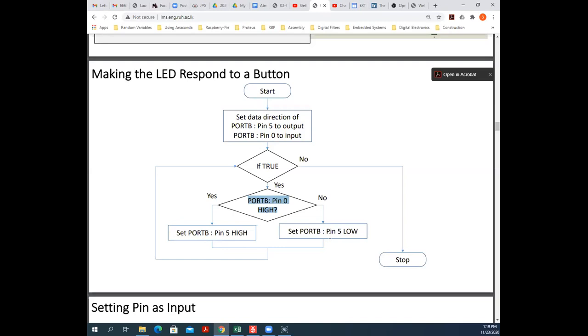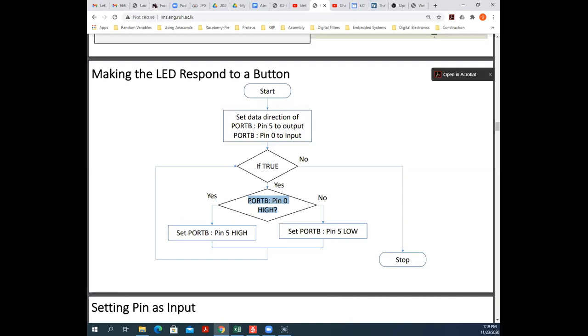Now here's another important thing. In this one, I'm considering port B pin 0 is high, but on certain occasions when the button is pressed, even port B pin 0 can be low, based on whether it's pulled up or pulled to the ground. I will discuss it in a while. So here, when the push button is pressed, the pin is becoming high. If the pin is high, I'm going to turn the LED on, or set port B pin 5 high. And if the pin attached to the push button is low, I'm going to turn off the LED. So that is my program.